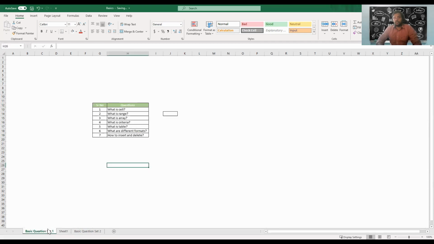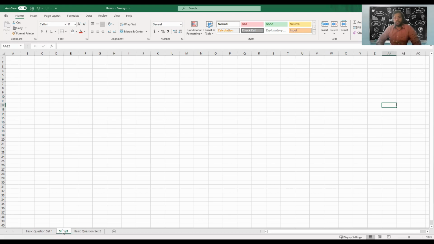The next question in this questionnaire is, what is a range? In a lot of formulas, you will see that it is asking you for a range, and what it means is going to come to your mind. So when we select particular cells in a vertical or a horizontal manner, a single row or single column is called a range. So this is a range, which I'm highlighting right now in yellow, and this is also a range I'm highlighting right now in yellow.